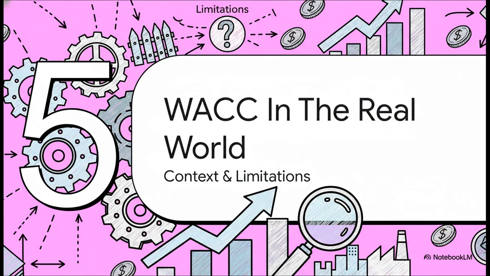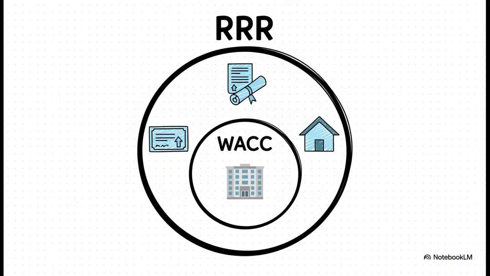So we've got our number, 8.75%. It's super powerful. But, and this is a big but, a number like this doesn't live in a vacuum. To use it right, you have to understand the context and, just as important, the limitations. Now, you might hear another term thrown around, required rate of return, or RRR. The way to think about it is this. RRR is the big general idea. It's the minimum return any investor wants from any investment. WACC is just a really smart, comprehensive way to calculate the RRR for an entire company because it blends what both the shareholders and the lenders require.